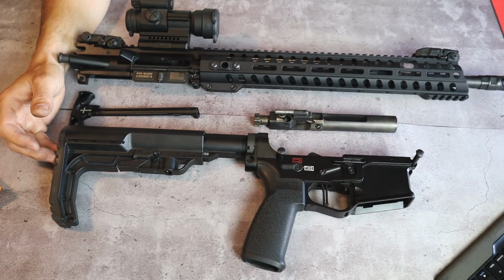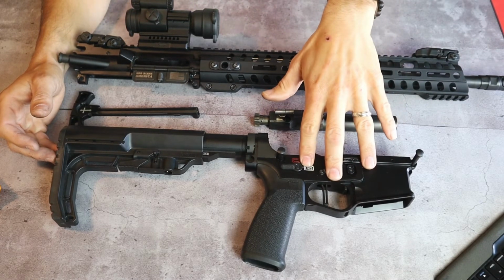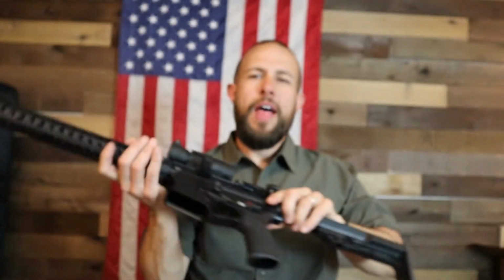Anyway, let's dive out real quick, and I have a couple last thoughts for you. That might have been the longest review I have ever done, but I think this gun absolutely deserves it. As far as pros, there's going to be a ton of them. The trigger is great. All the ambi controls are wonderful. That E-squared chamber, the push-pull extraction is very, very cool, very, very innovative. The 9-port gas, adjustable gas block is great. I could go on and on, but there's a lot of innovation in this rifle, and that's what I'm most